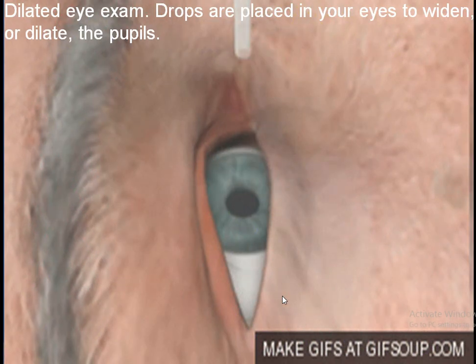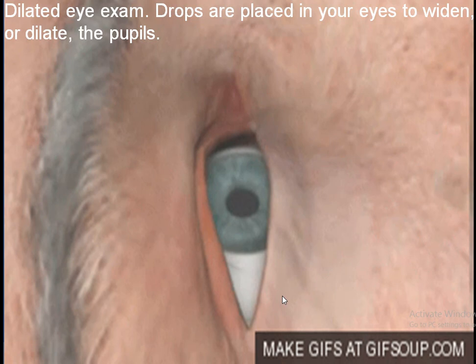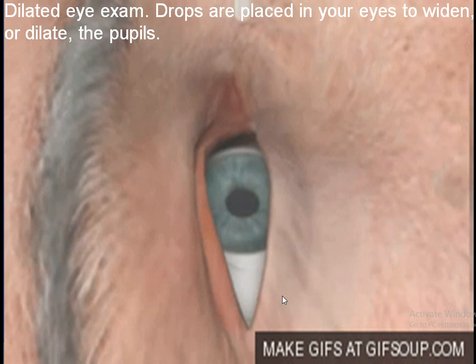This is the procedure to show how the pupil is dilated because of the drops you instill in this way, for eye examination or for any other purpose. In some disease processes also, we have to dilate the pupil because of the medicines, and this is the way to drop the medicine into the eye.